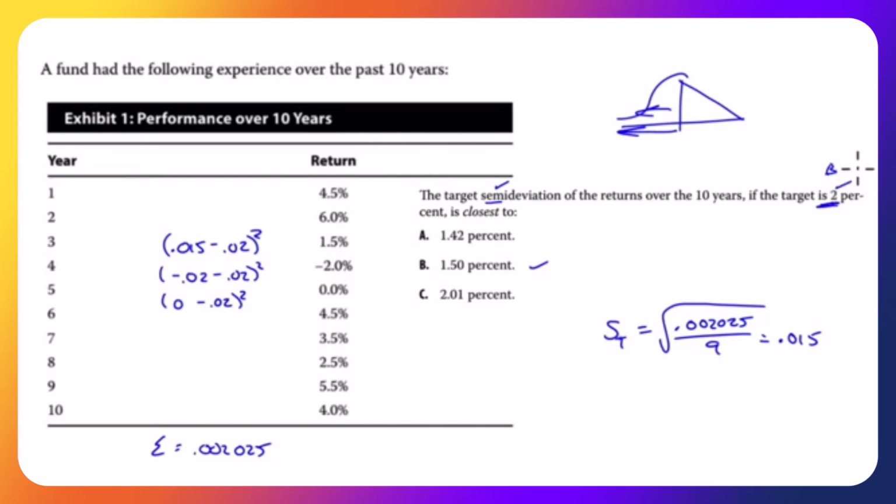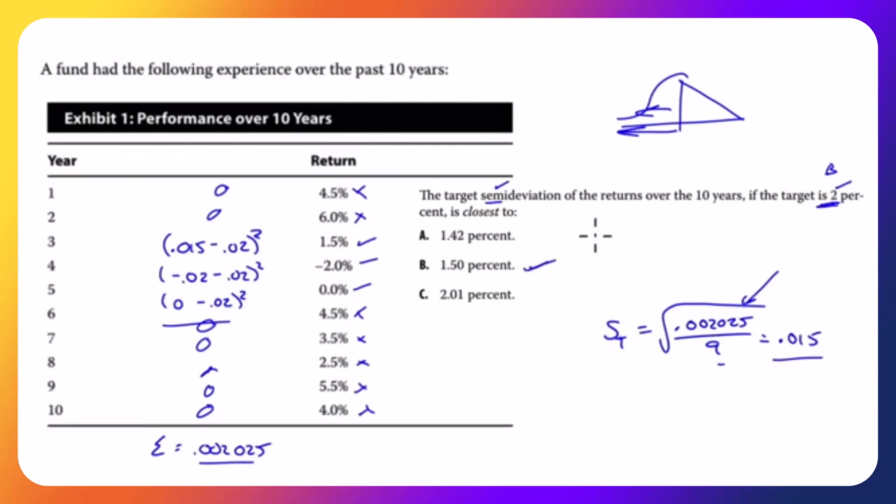Okay, that being said, anything less than 2%. So not here, not here, here, here, here, not here, not here, not here, not here, not here. So 3 deviations. The squares of the deviations, sum them up, and it's divided by n minus 1, because all of these enter as zeros. So you do actually have 10 numbers that you're summing in your numerator, just a bunch of them are zeros. And you get